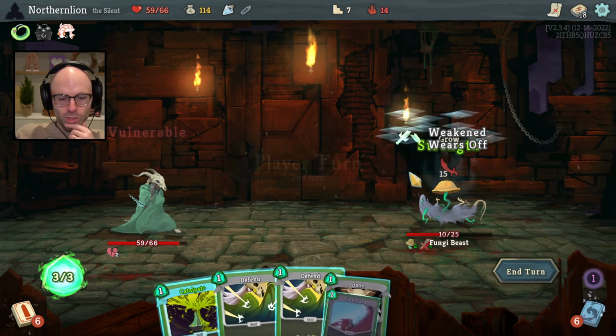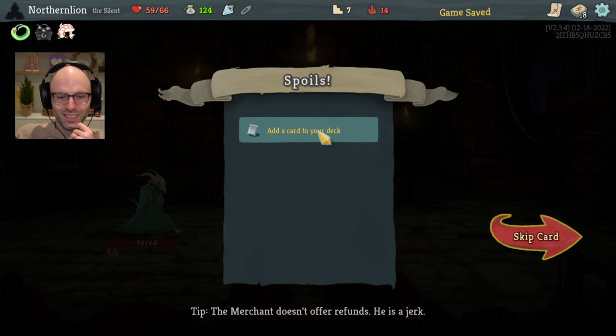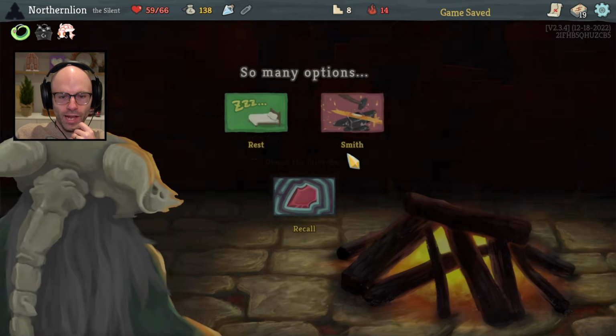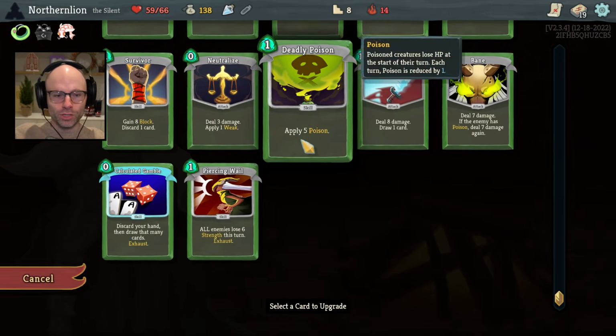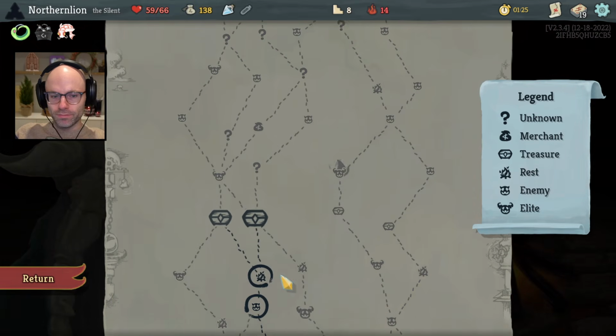Then Catalyst becomes kind of a dead card, but you know, you gotta do something. Acrobatics. Piercing Wail is really good. I might take it so often just because I'm the kind of guy who criminally underrates this card as well, but...